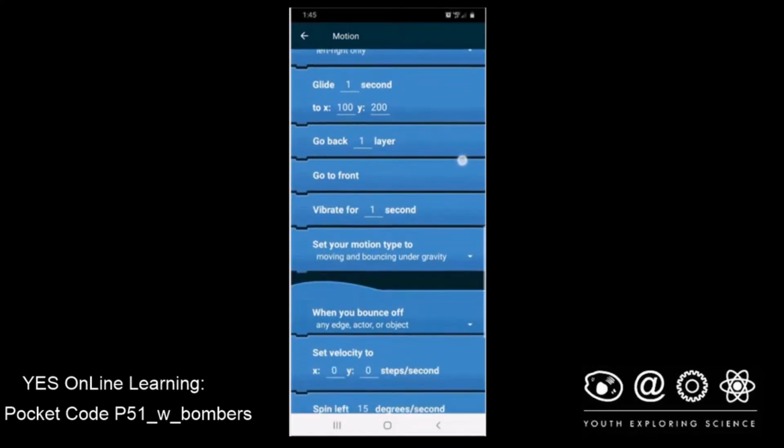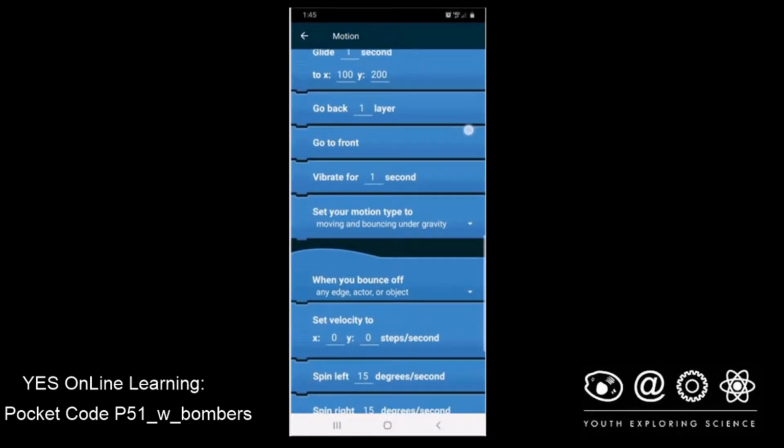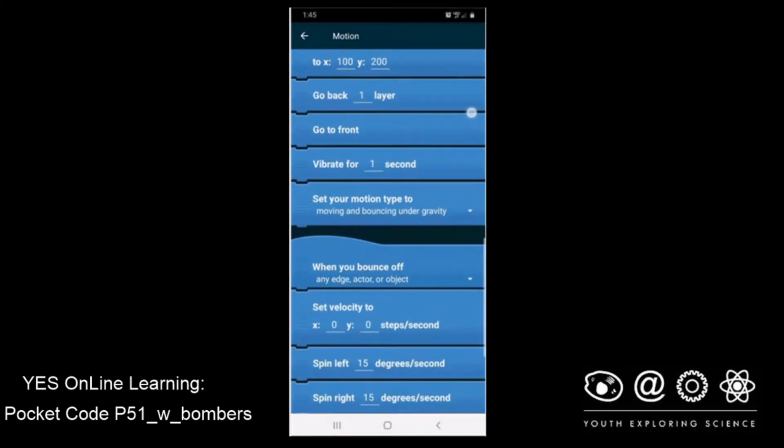So you see it down there near the bottom. So I'm going to select the velocity, set velocity. So I'm going to click on that, drag it all the way down underneath show,